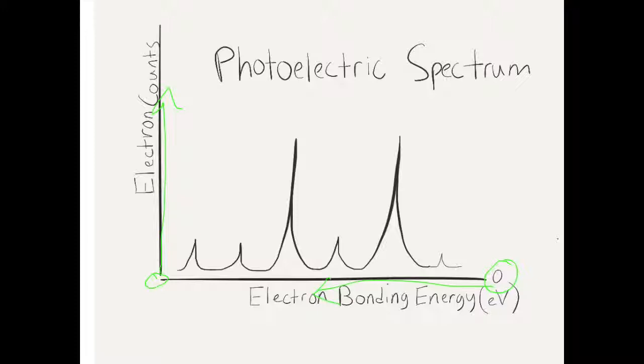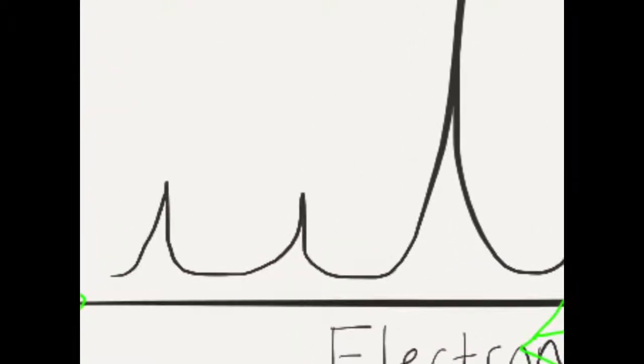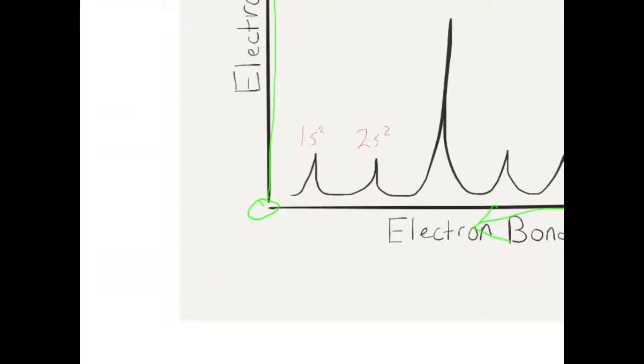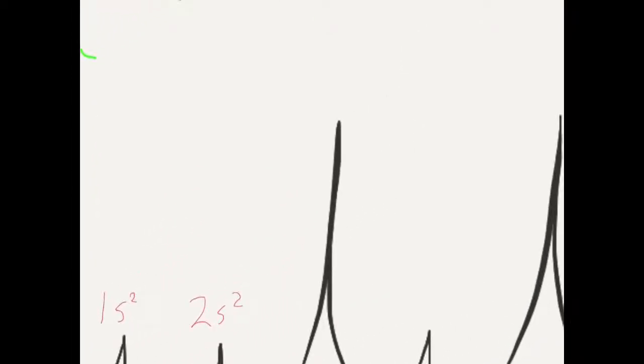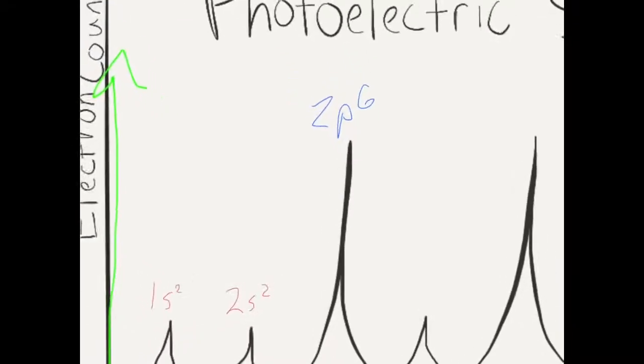The peaks you can see differ based on the amount of energy needed because there are more electrons in p orbitals than are in s orbitals. So starting from the left, you have the 1s2 orbital, the 2s2 orbital, and then the next peak is the 2p6 orbital, followed by